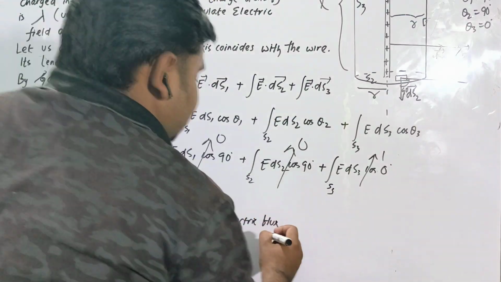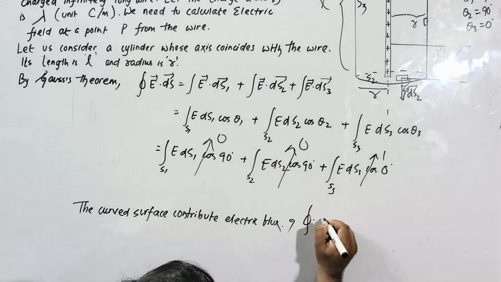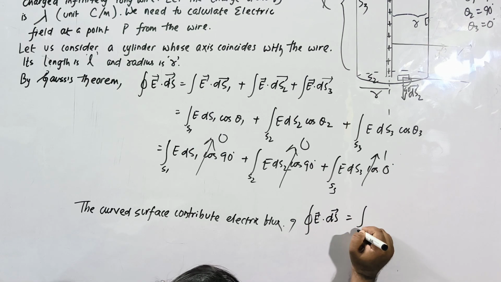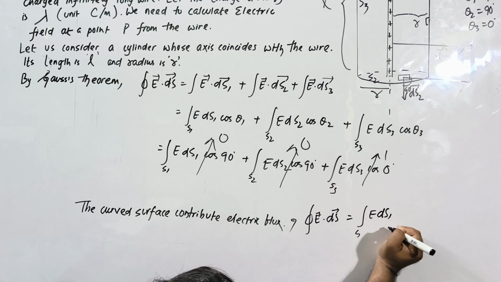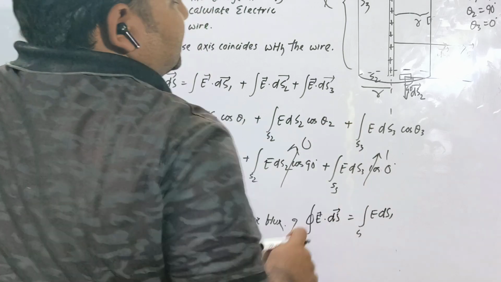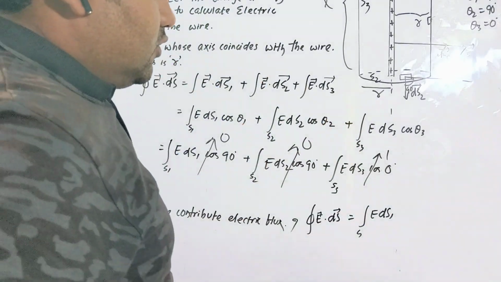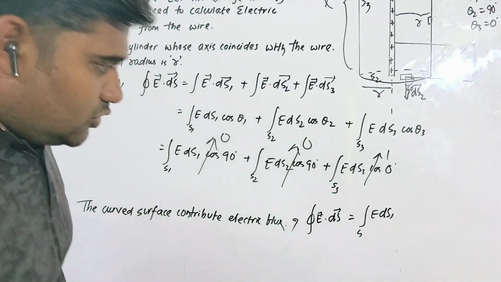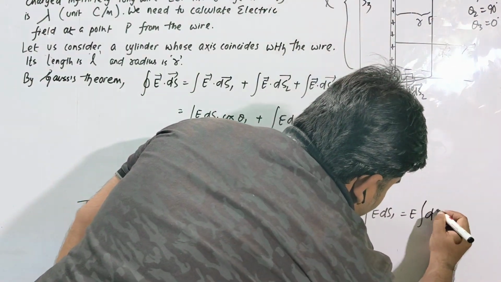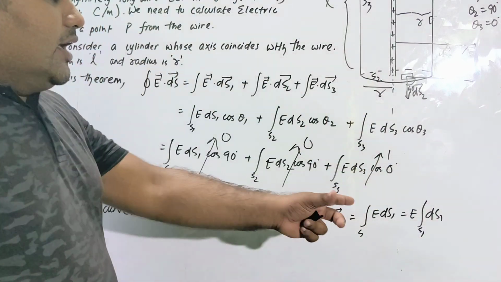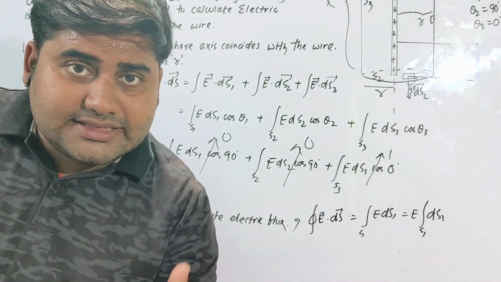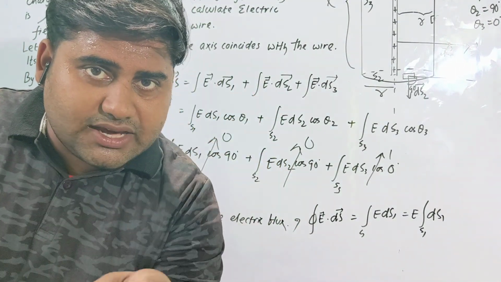So E dot ds is actually E dS1 over the curved surface. Since all of these points are equidistant from this line of charge, the electric field is constant. If the electric field is constant, you can take it out of the integral: E integral ds1. This is our elemental area on the curved surface, and if we integrate this elemental area, it will give the total